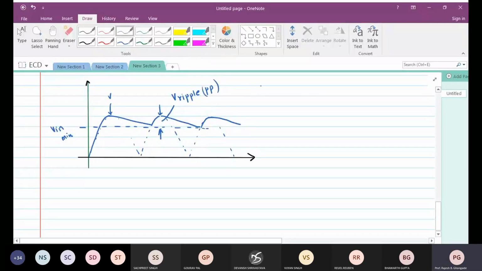Now we had calculated earlier that the minimum voltage that is required at the input to the regulator is 8 volts. So in this case, if I use the capacitor input filter, I just want to find out what should be the peak value here, V peak. So this is 8 plus this ripple 2.5 volts. That should give me 10.5 volts. This value is 10.5 volts. Understood?